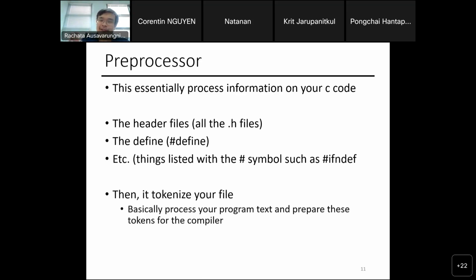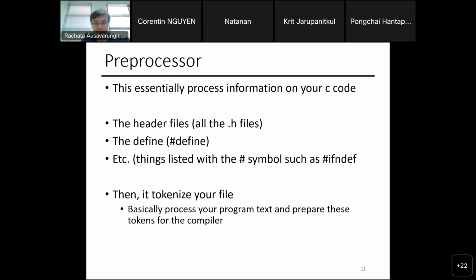Then it tokenizes your file. Basically, this processes your text, right? Because everything in your C file, if you think about it, is just plain text. In main, those are literally the alphabet characters int space main, right? So from the computer's point of view, someone needs to come in and understand, hey, int is a data type, and main is a function name called main, and they take these inputs. So these are done during the tokenization and parsing.